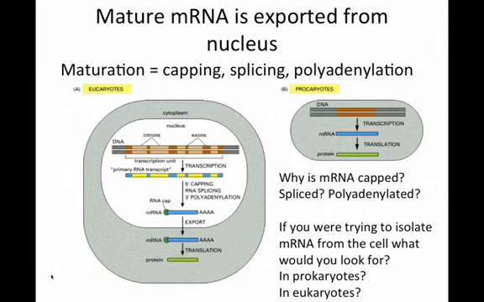Okay, so if you were trying, let's start with the easy one. If you're trying to isolate mRNA from eukaryotic cells, how would you do it? Yes? You look for the cap and the poly-A tail. Right, so you develop something that will bind to the cap and poly-A tail, wash, everything else goes away. Yeah, that's good, that's an easy one. Great, any other ideas? Okay, well let's go with that. So a little bit harder, prokaryotic cell, what would you do?